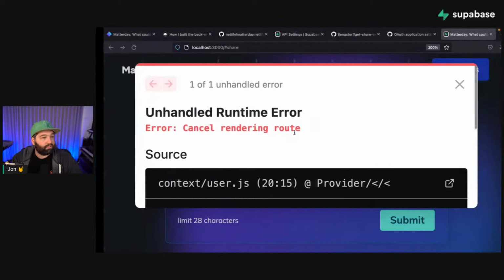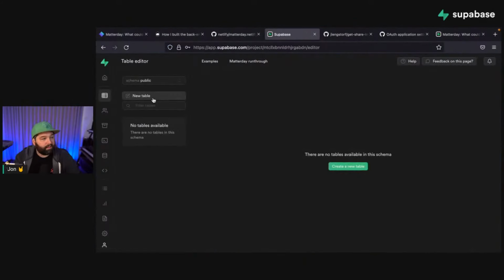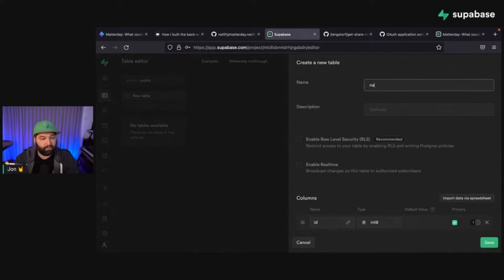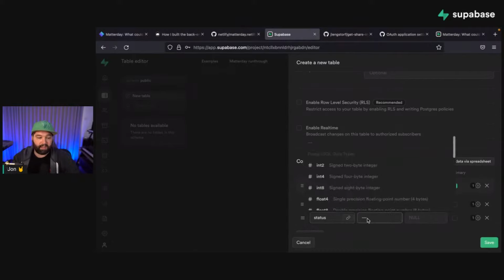So let's go over to Supabase and go to the table editor. We're going to create a new table. This one's going to be called matters. And actually, before I do this, one of the fields is going to be an enum. So we're going to have status, which is going to be an enum,